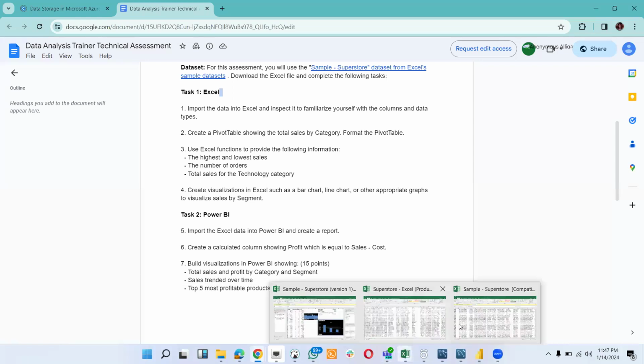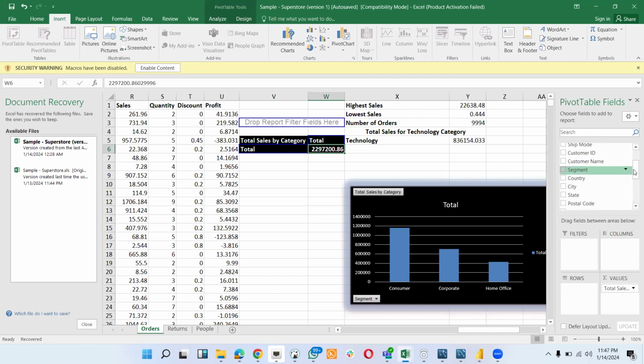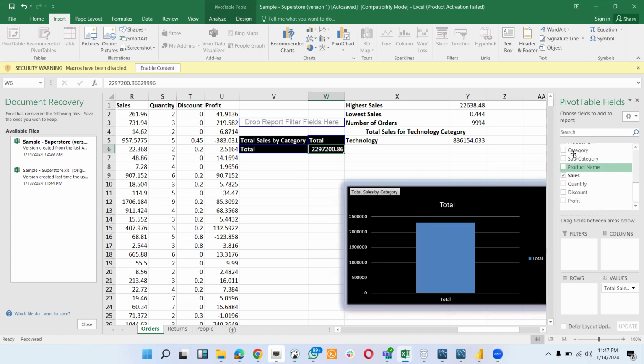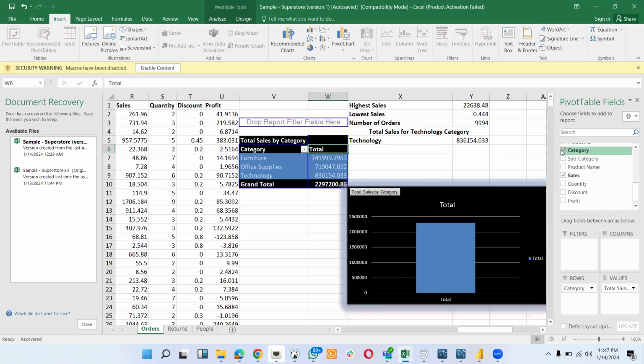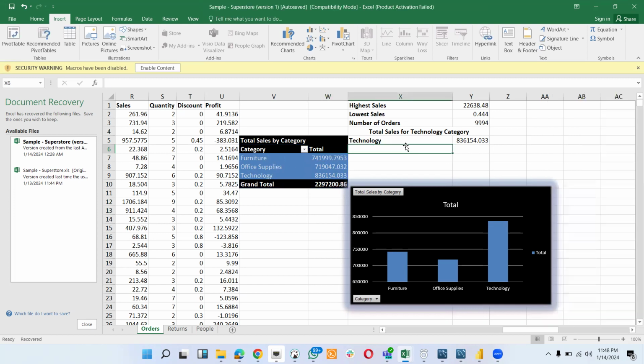So let's go back to the Excel. I'm just going to do a little editing of this to pick category instead. And as you can see, that's exactly what we have here. We can see total sales by category. We have three categories: office supplies, furniture, and technology. This is total sales by category. Then the next task we have